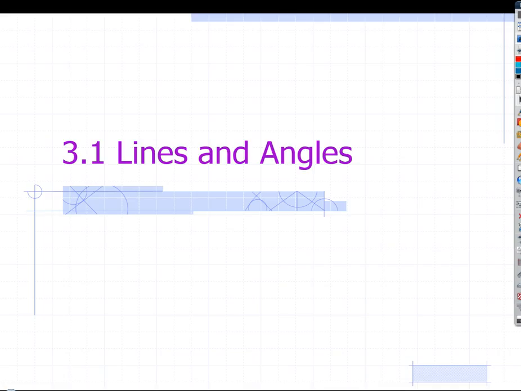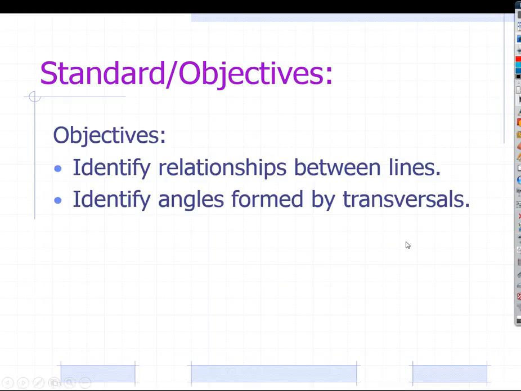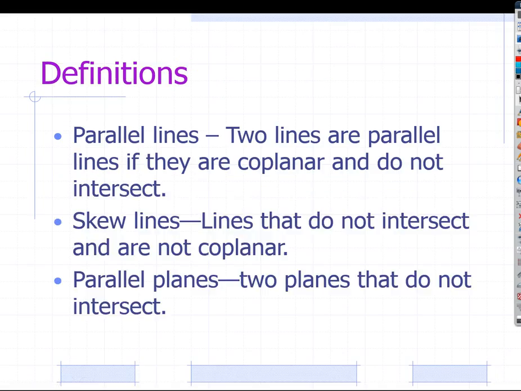So lines and angles. All right. We're going to talk about relationships between lines, and then some relationships between angles that are formed by lines. This is going to be largely review for a lot of you. It wouldn't have been in the past, but you've covered this stuff already a little bit in middle school, so it'll be a little bit of review. So definitions of some different kinds of lines.